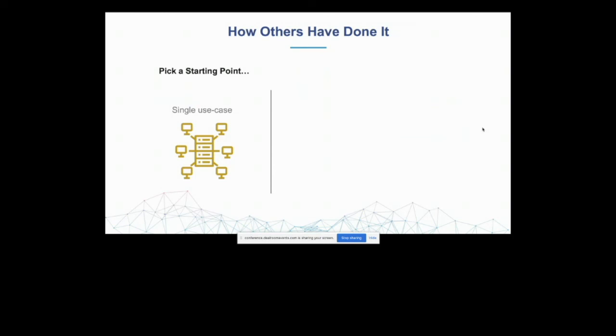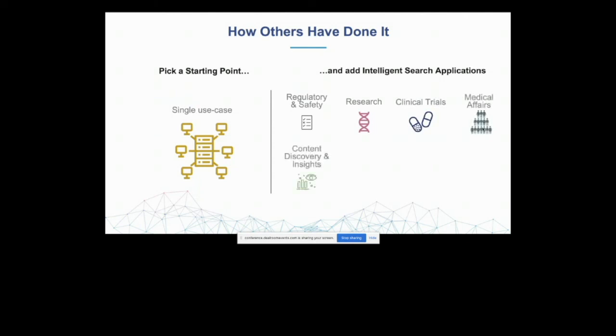And then typically what happens is once that initial use case is established, there's an opportunity to add additional applications that are much more targeted to solve a specific information problem. So whether it's safety, whether it's accelerating research or clinical trials, working with compliance and making sure that everything is in order, or even to find people rather than documents, the ability to identify when a person is being discussed or mentioned,